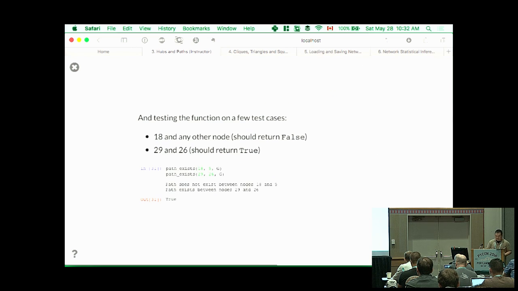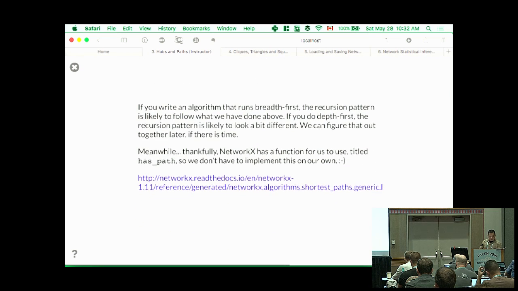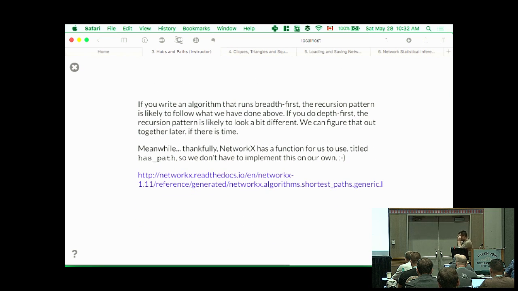Okay, and if you do the tests, there should be no path between number 18 and number 5, but there should be a path between 29 and 26, and so that should be okay. Now, I did ask you to implement an algorithm that's already implemented in NetworkX. Part of the reason is I think it's a useful activity. Even if you're already experienced with writing graph algorithms, it's still a useful thing to recap. And I think